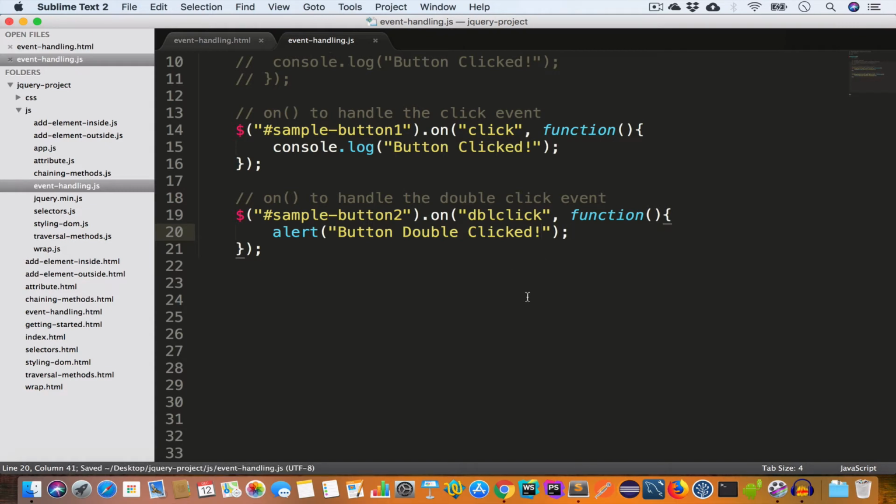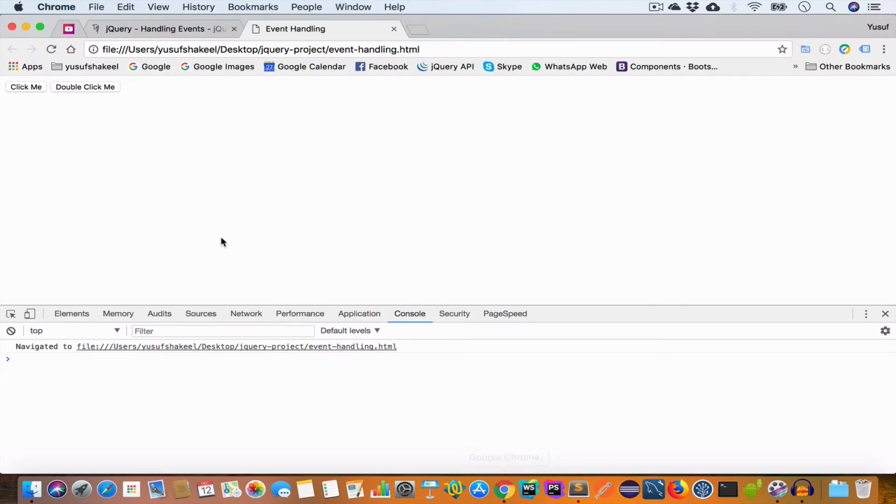So by writing this code, we are first targeting the button having ID sample-button2. Then we are calling the on method, and we are handling the double click event. And inside this function, we have a code, and this code will get executed only when this button gets double clicked. So if we save this file, go back to Chrome, reload the page,